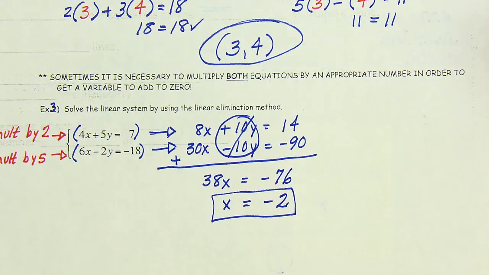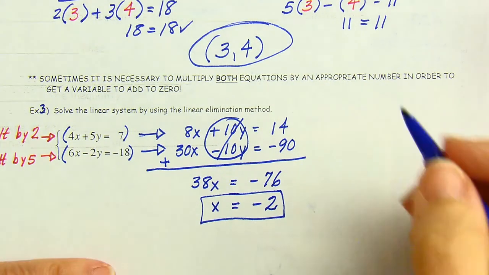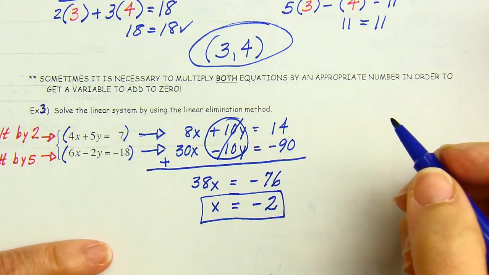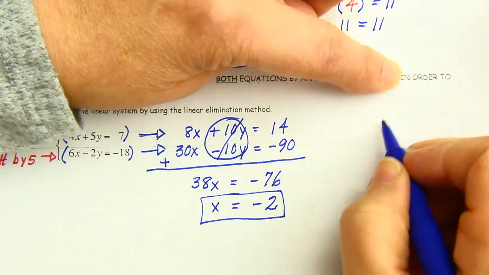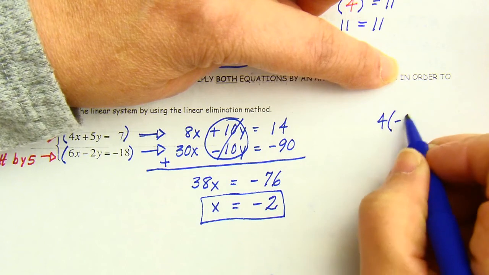Now, will they always be integers? No, not always. Sometimes they are fractions. But more often than not, they are integers. All right, I chose equation 1 to back substitute. So I've got 4x. Do I know what x is? Yes. It's negative 2